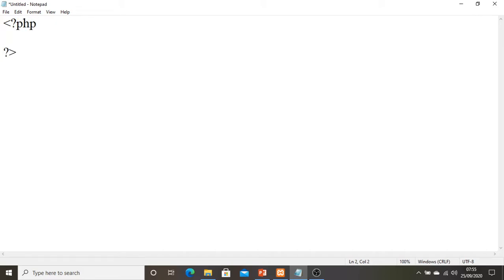Here I am going to write a function that will help me understand how to utilize this PHP variable length argument function. I am using one function called add. I am going to use three ellipses, that is three dots, and one variable, that is numbers.